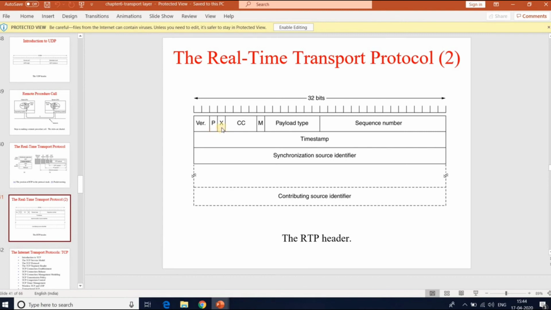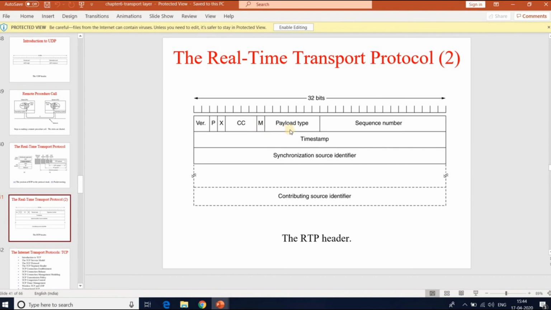X indicates an extension header is present. CC tells how many contributing sources are present, from 0 to 15. M stands for application-specific marker. The marker is used to start a video frame in multimedia applications.